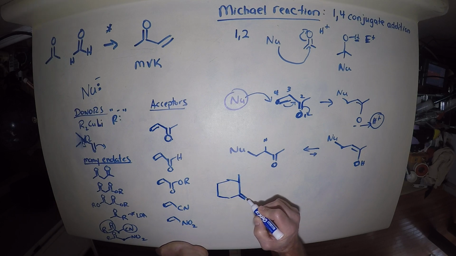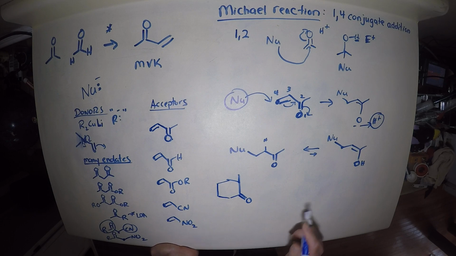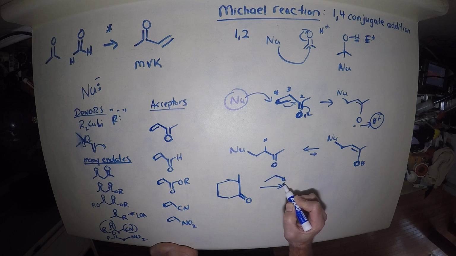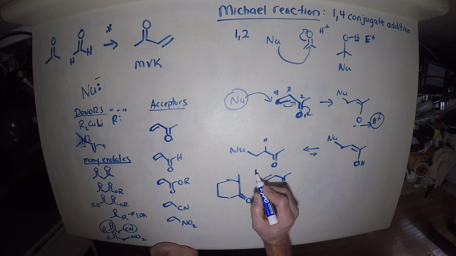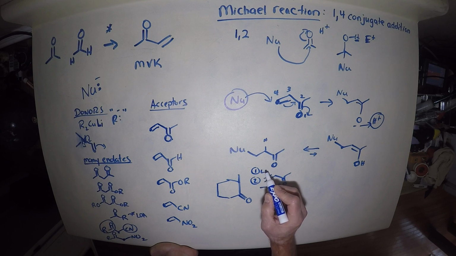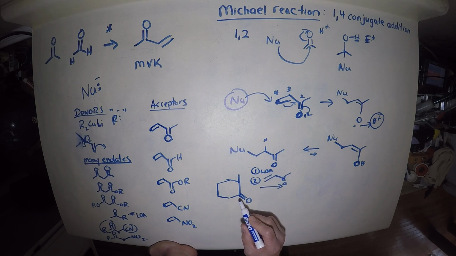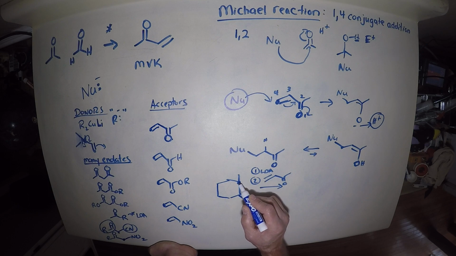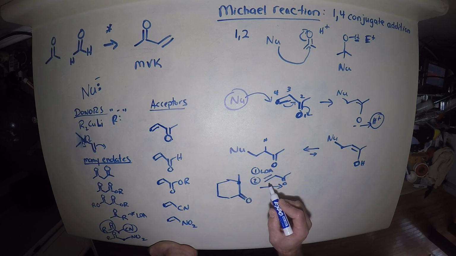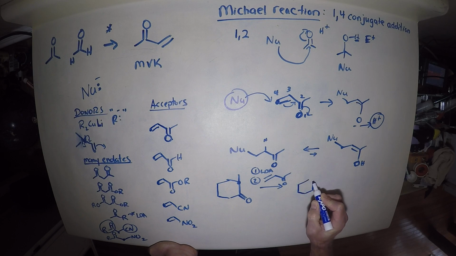So if we take this cyclohexanone derivative, specifically 2-methylcyclohexanone, and our methyl vinyl ketone, after treating the cyclohexanone with LDA, of course, we're going to get an enolate centered around the alpha carbon next to the carbonyl, and the enolate in this case is going to attack the methyl vinyl ketone in a 1,4 sense, which would result in